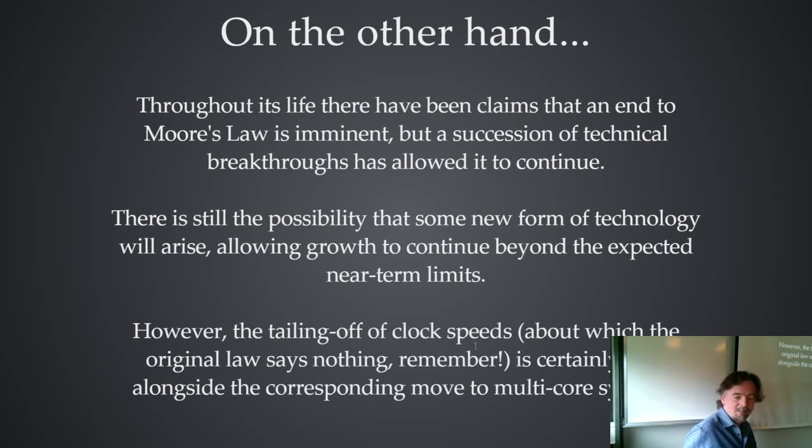Yes, but certainly clock speeds have tailed off, that's true, and as a consequence of that, we've moved to multi-core systems because we can't just keep having... What would a programmer like? A programmer would like a computer to just have one core in it and it to be super fast, because it's easier to program then. It's easier to program linear code, but that's not what they give us anymore. They say, no, you're not getting that. We're giving you 128 GPU cores and you have to figure out how to make it work. And that's the way things have gone.